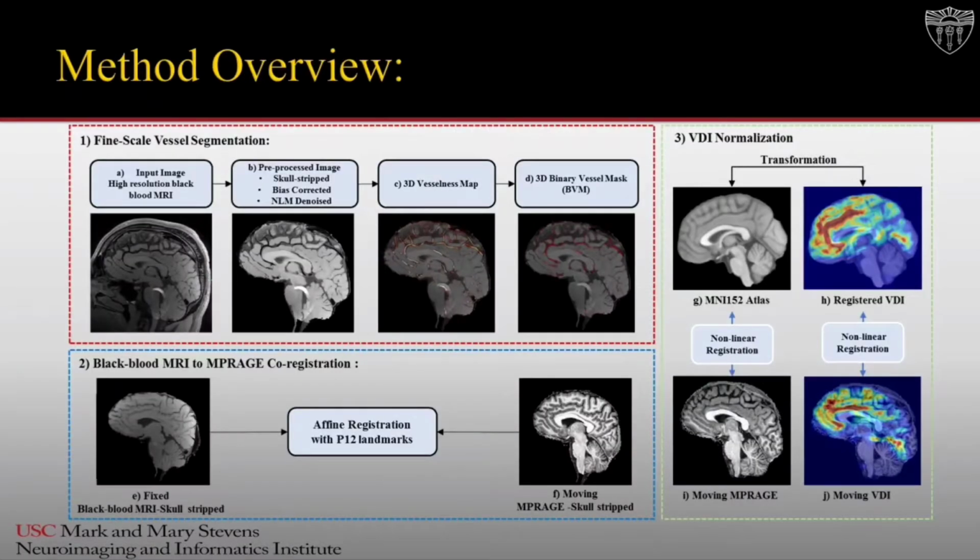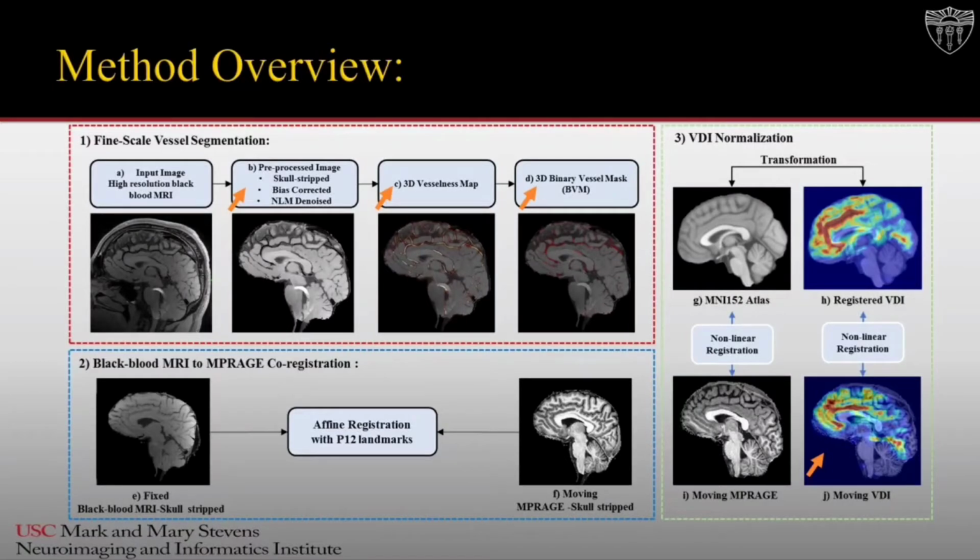For input into the vessel segmentation model, the raw images underwent several pre-processing steps. Initially, black blood MRI and MP-RAGE images were skull stripped. Afterwards, black blood MRI were pre-processed by bias correction and denoise via non-local means. Vessel enhancement was performed by multi-scale Hessian-based method, and then a binary vessel mask was computed by thresholding the vesselness map. After that, a vessel density image, or VDI, was computed for each subject by convolution between BVM and a